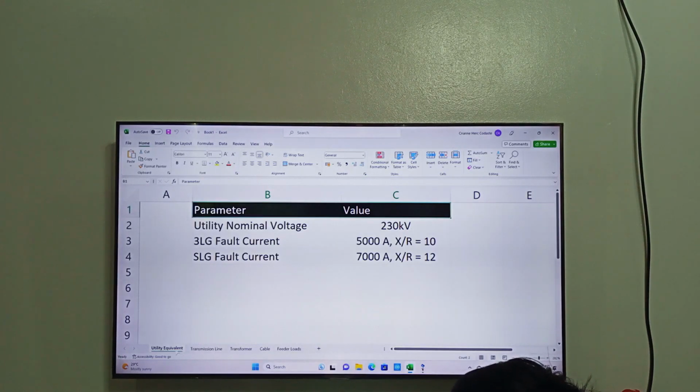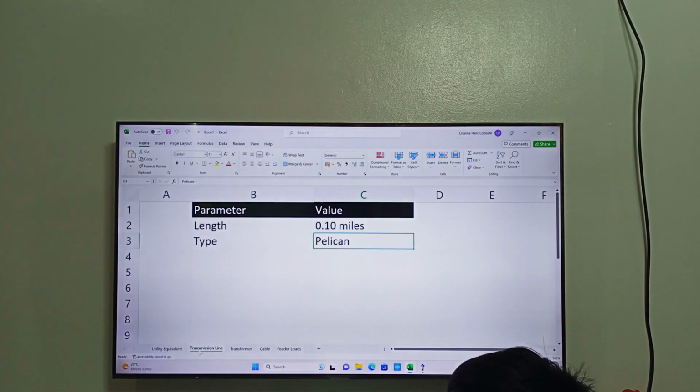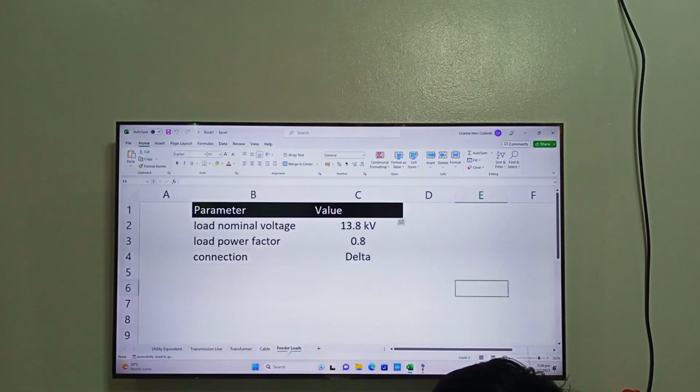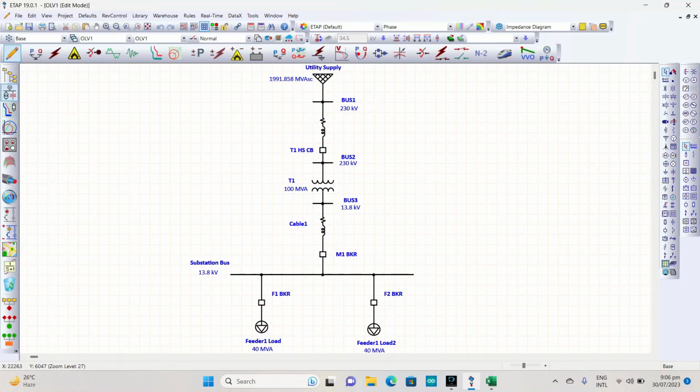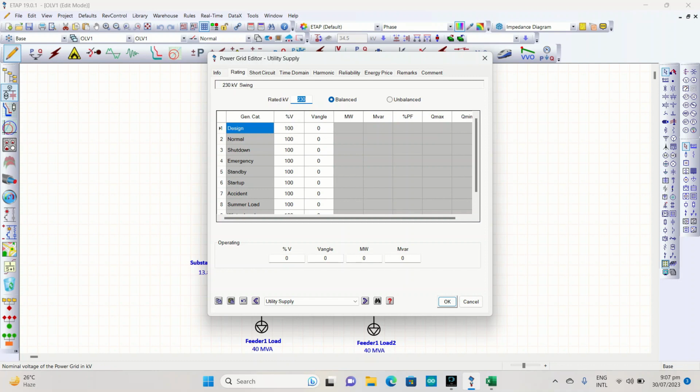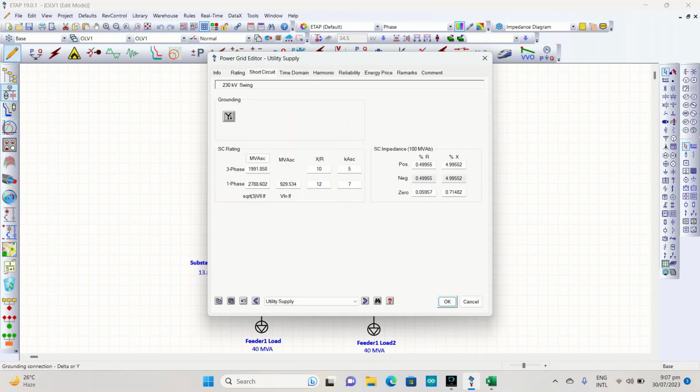So for the utility equivalent, these are the data that I inputted at the diagram. Then here is for the transmission line, the transformer, the cable, and the feeder loads. The utility supply is the topmost in the diagram, and when we look at how it was set, it is in three phase. Then here are the ratings, and the short circuit was this data, this XR ratio is from the